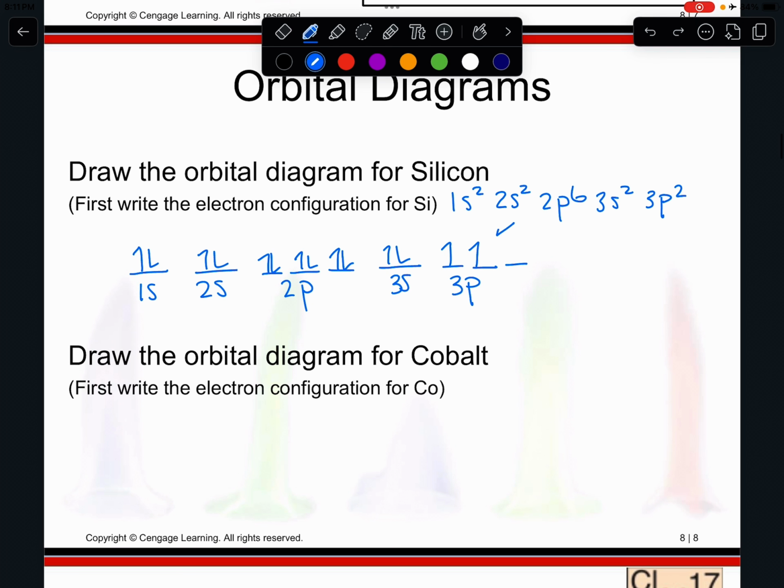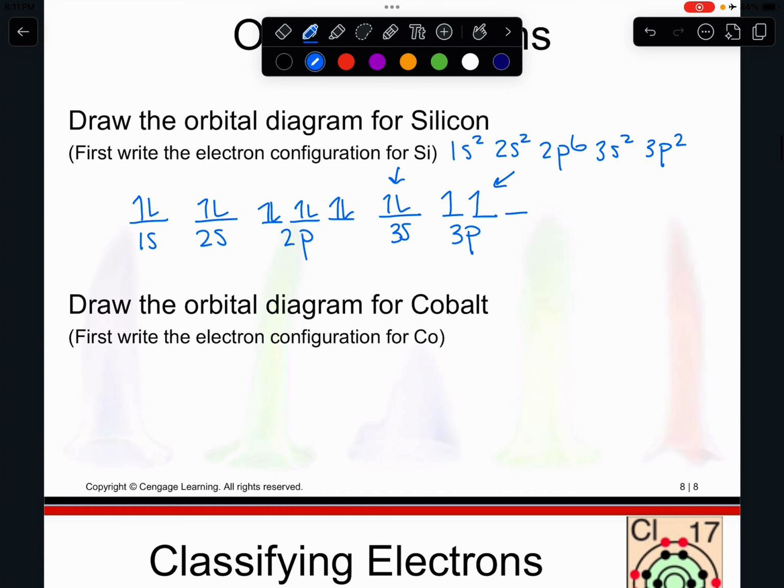We call these unpaired electrons, and we call these paired electrons. We're going to be talking about that in a little bit, so I wanted to point that out. So let's try this for cobalt now. Cobalt is Co, number 27. I'm going to go ahead and not do the electron configuration. You can, of course. I think it's helpful when you draw these, but I'm just going to go right ahead